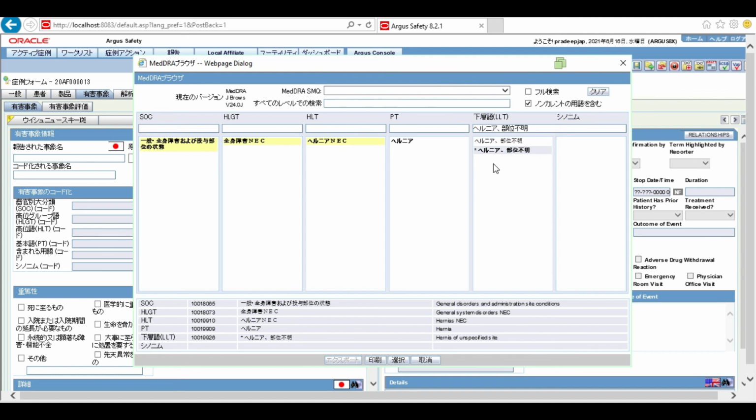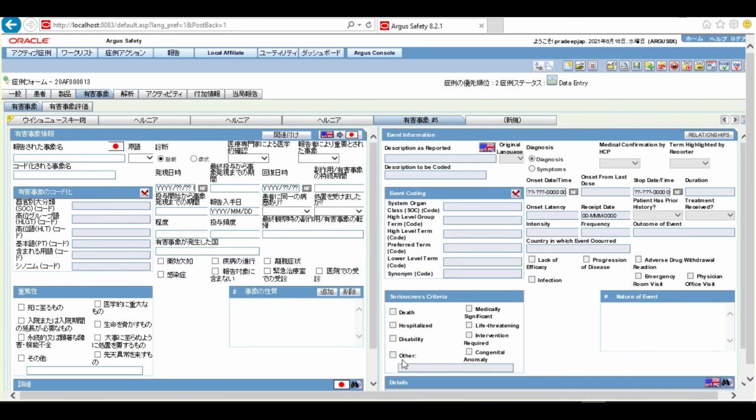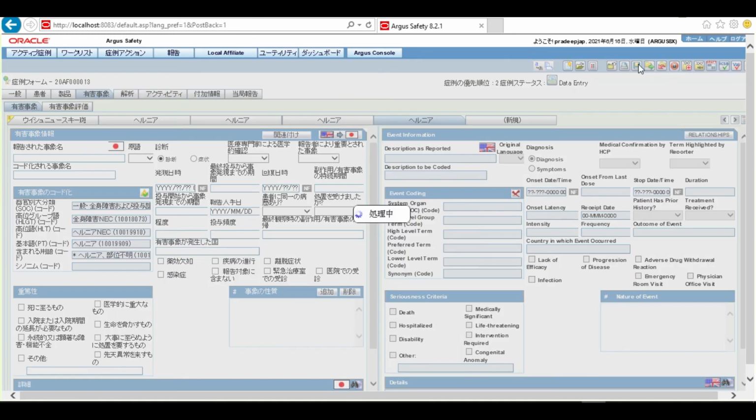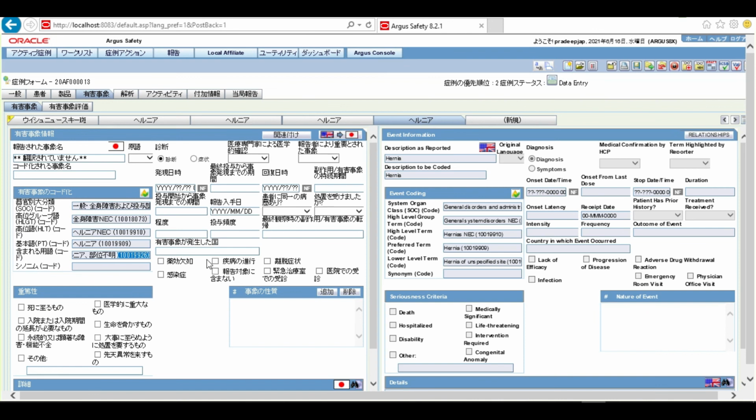Now the reason why the application is allowing me to select the non-current term is because its corresponding English term is still current. Let us save this case. Now this particular term is still current in the English dictionary.